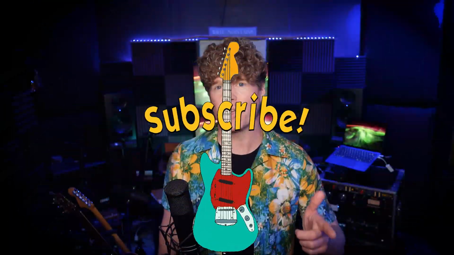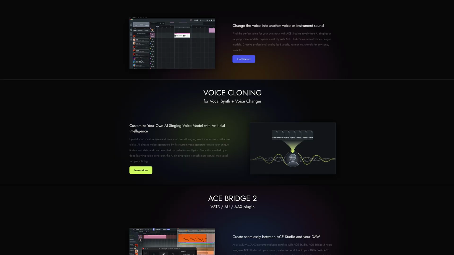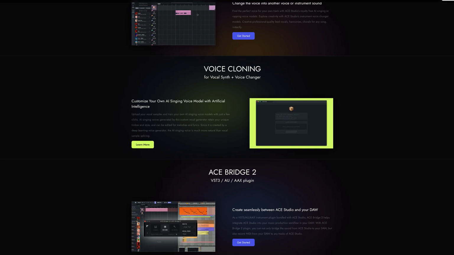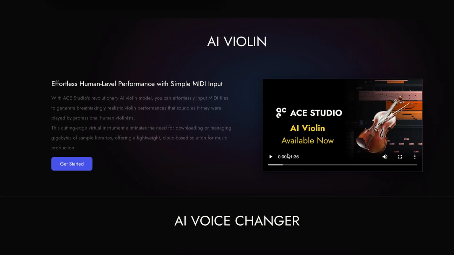Today, I'm taking a look at a new AI virtual instrument inside of acestudio. Why? Well, because they reached out and asked if I would like to test it out. If you haven't heard of acestudio, then in short, it's an AI-driven workstation that affirms it can generate studio-quality performances by inputting MIDI and, if necessary, lyrical information. It started as a vocal-only generator, but they are branching out into other instruments, with the Violin being their first